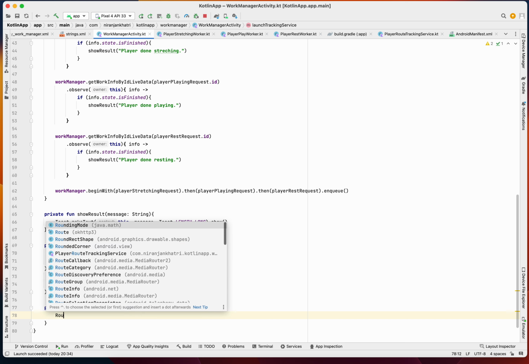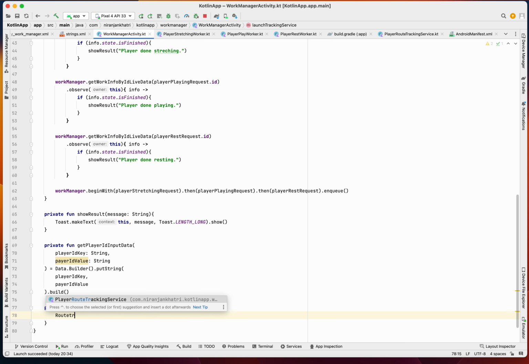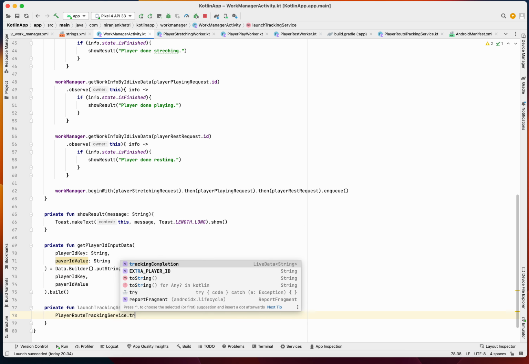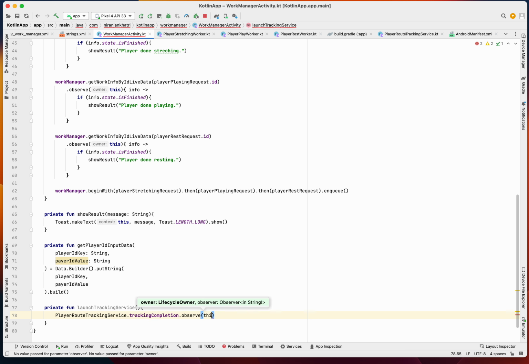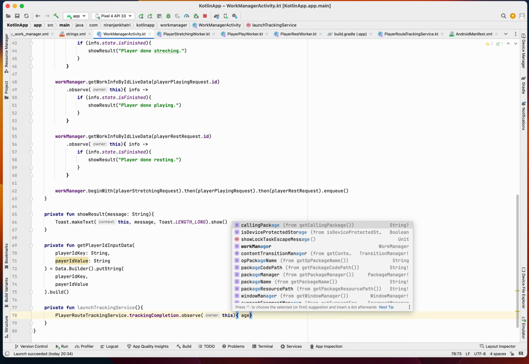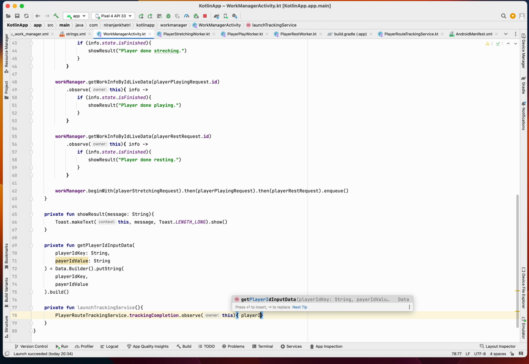It is called player route tracking service, tracking completion observer. So actually we are pretty much observing the live data that we have, it's a player ID,